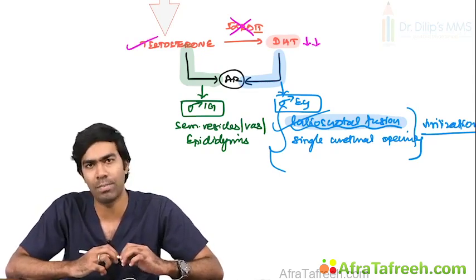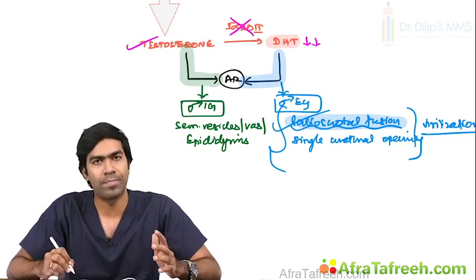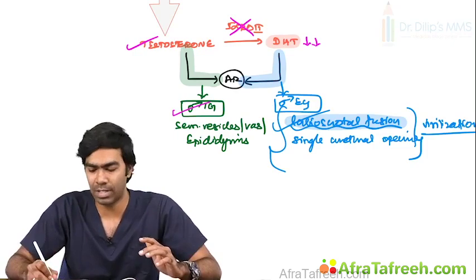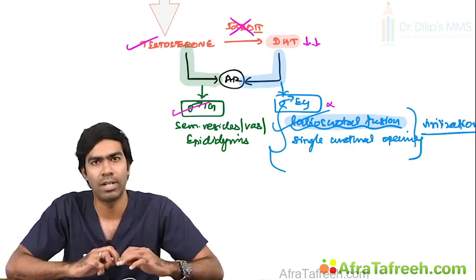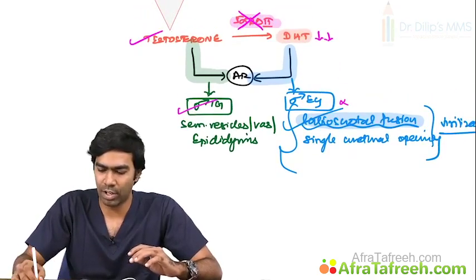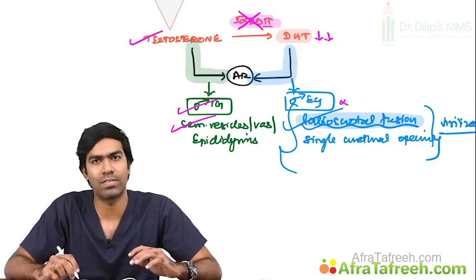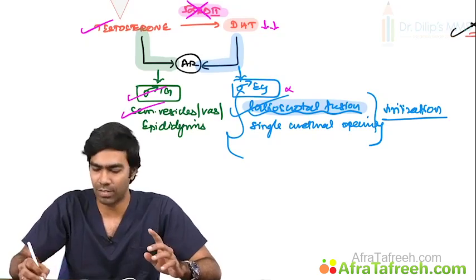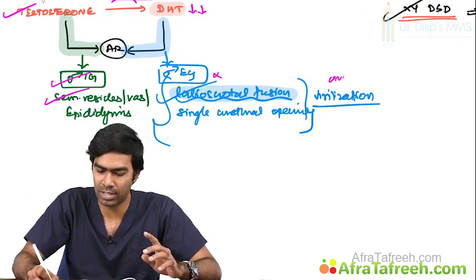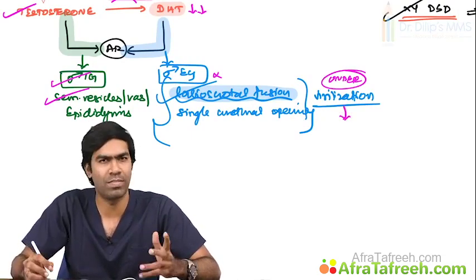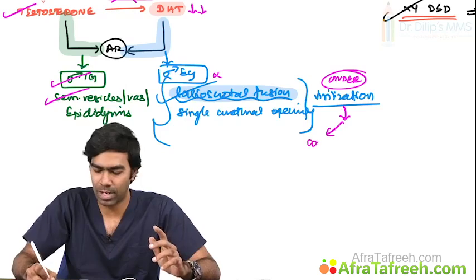But I told you in embryonic and fetal life, testosterone alone is enough to produce male type internal genitalia, but it is not enough to produce male type external genitalia, which means these patients with 5-alpha reductase deficiency will normally produce seminal vesicles, vas deferens and epididymis, but they cannot produce male type external genitalia, which means they will have under-virilization because of poor DHT exposure, and this will result in, depending on a complete or a partial